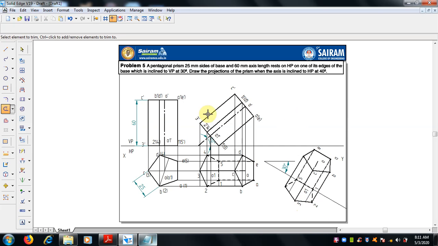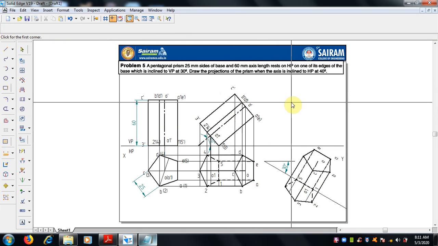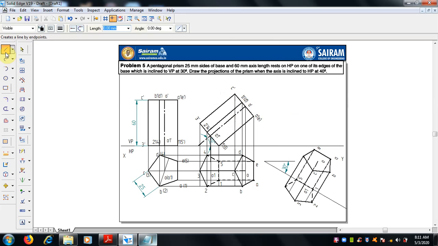Right, now from this view we have to draw the top view. For this we draw the top view from each point. First let me see from the top, ABCD project. Let me project the ABCD lines.